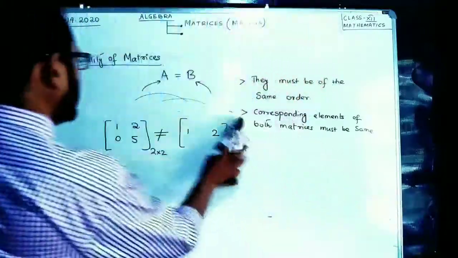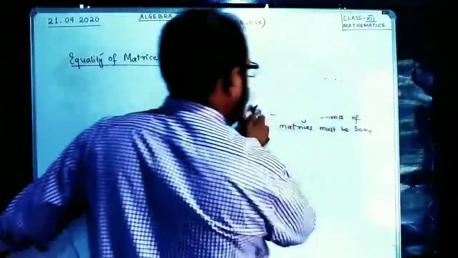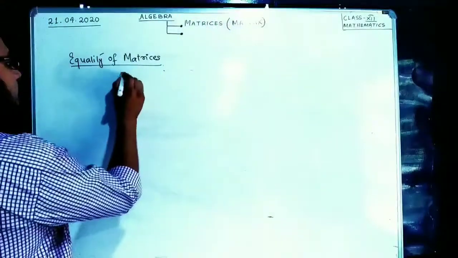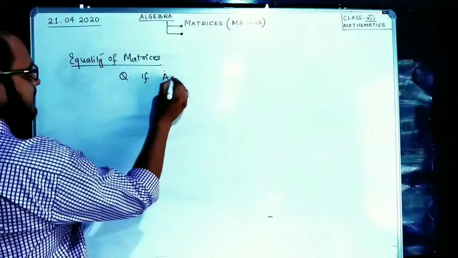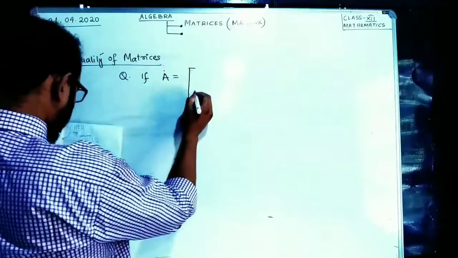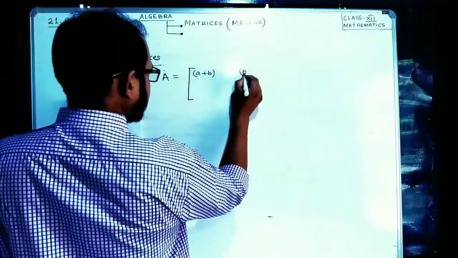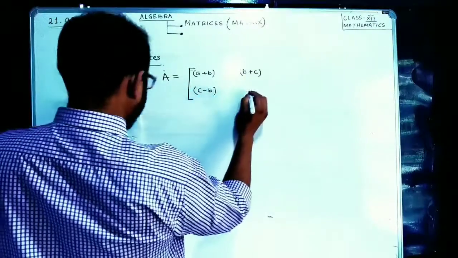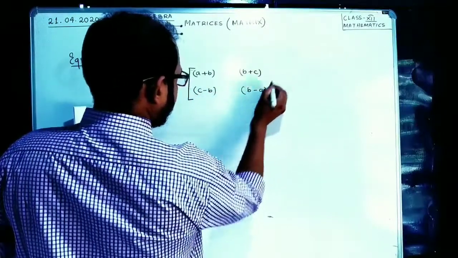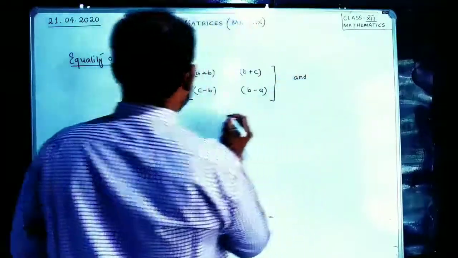Let us say we have a question. Write down a question. Question is, if matrix A is given as A plus B, B plus C, C minus B and B minus A, and matrix B